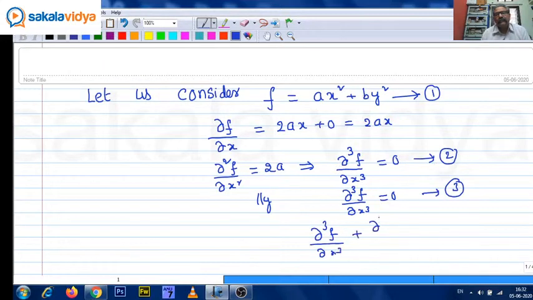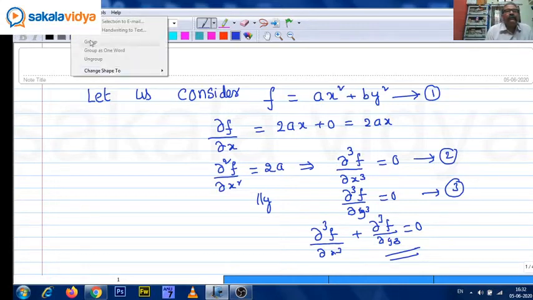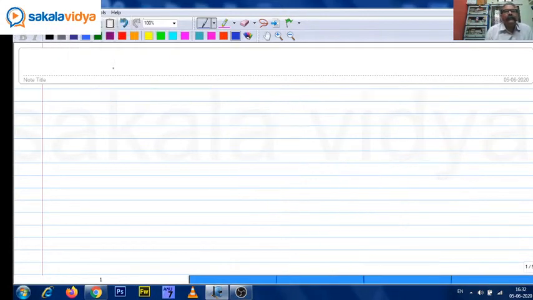plus del 3f by del y cube is equal to 0. Here we get an equation in partial derivatives. So that means now differential equations